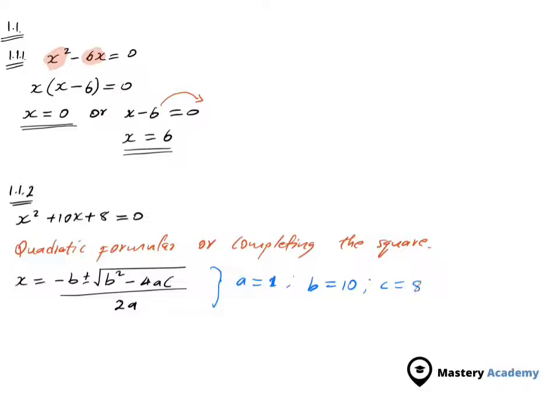So just going to be 8. Now we are going to take these terms, substitute them on this quadratic formula. So this one becomes x is equals to minus, our B is 10. So we're going to have minus 10 plus or minus square root of